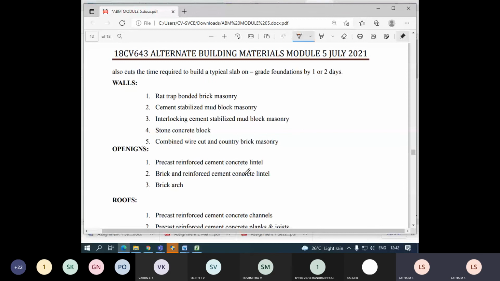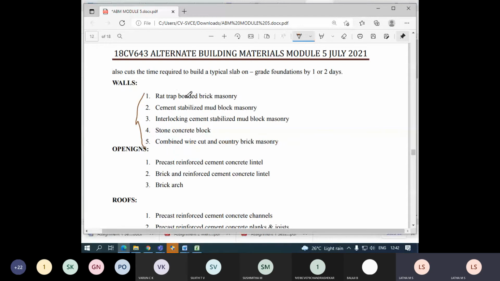In case of walls, you can have different types of walls. It can be rat trap bond, that is what we discussed, or cement stabilized soil blocks. These are very low costing, very beneficial for economizing the construction.